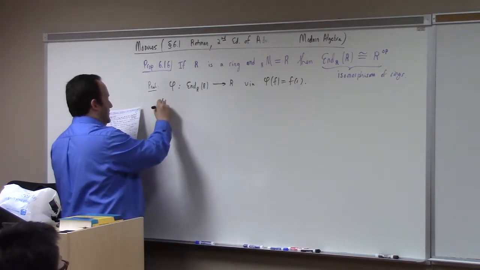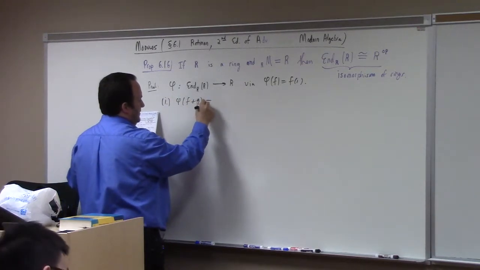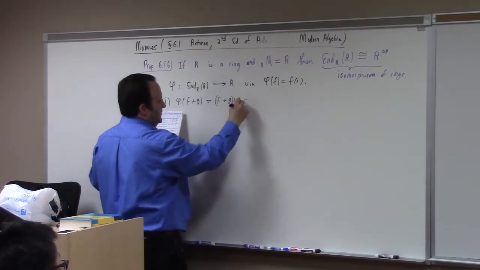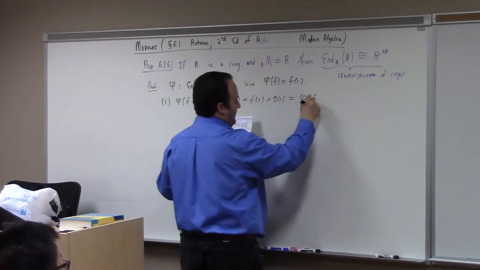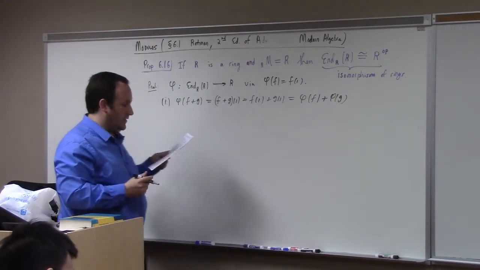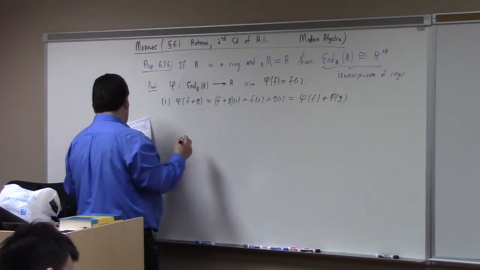So notice that phi of f plus g is equal to f plus g of 1, which is equal to f of 1 plus g of 1, which is equal to phi of f plus phi of g. Also, notice that